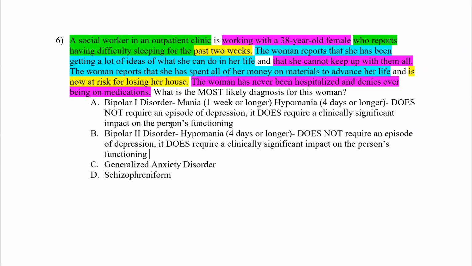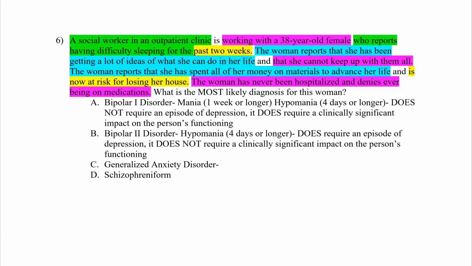of similarities. So bipolar 2 is often associated with just hypomania. Bipolar 2, 2 plus 2 is 4, or since it's the second version and sequels of movies tend to be less, it's half of the first version. So half a week is 4 days or longer. And it does require an episode of depression, but it does not require a clinically significant impact on the person's